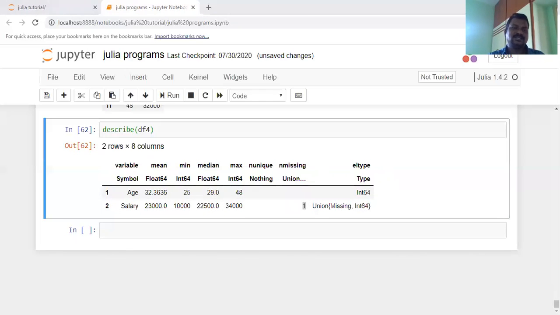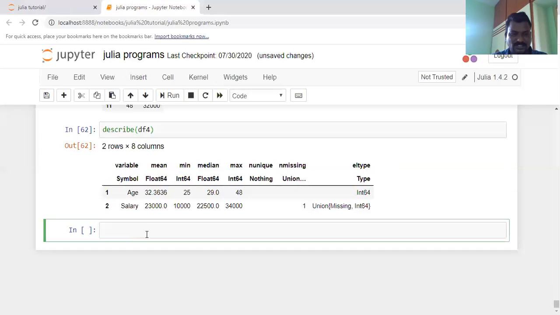The next important one is indexing and filtering the data frame. How can you access the data frame by using indexing? I want to access some rows, selecting specific rows only.